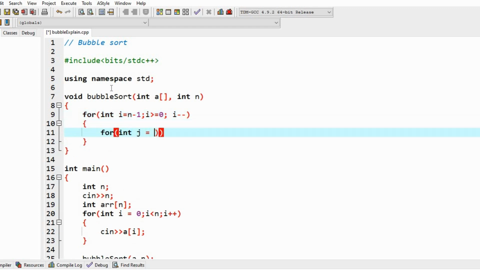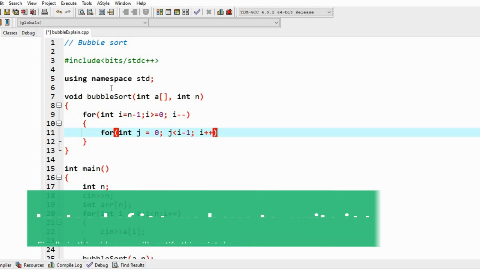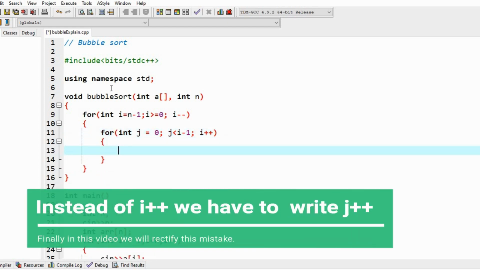Now we call the bubble sort here and give the array. For i equal to n minus 1, i greater than or equal to 0, j smaller than i minus 1, and i plus plus. Here compare